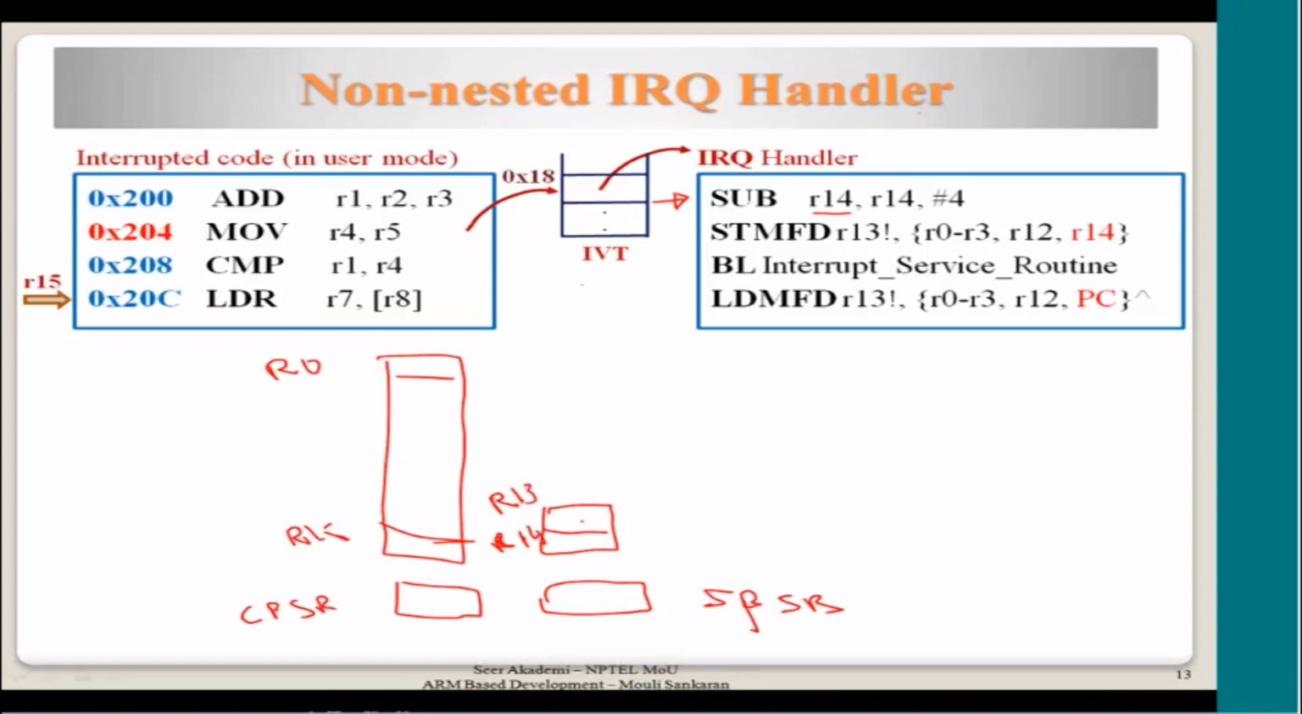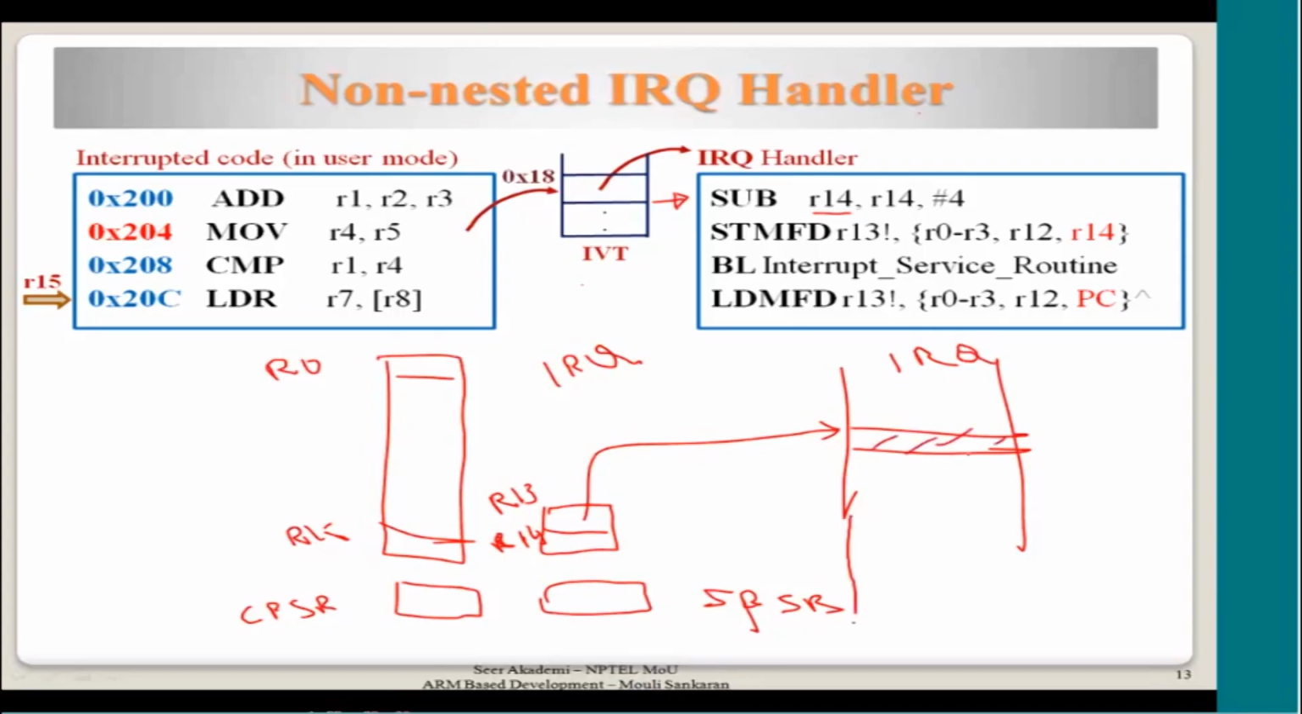Where is this pointing? This is pointing at a stack. Which stack? Whose stack? Which mode is it? This is IRQ. The IRQ has come, right? So this is the IRQ stack. So this is in some memory somewhere. It is pointing at some location which has already been filled with some value, because you can make